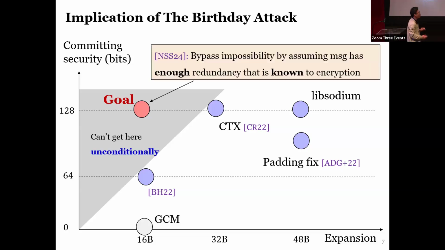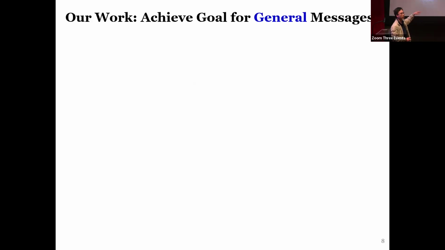A concurrent work by Naito, Sasaki, and Sugawara shows how to bypass this impossibility by assuming that the message has enough redundancy, and this redundancy must be known to the encryption algorithm. Of course, if you have that, you can do some compression and so on, and it might work for some niche applications. But overall, it is a very restricted assumption, and we instead opt to achieve the goal